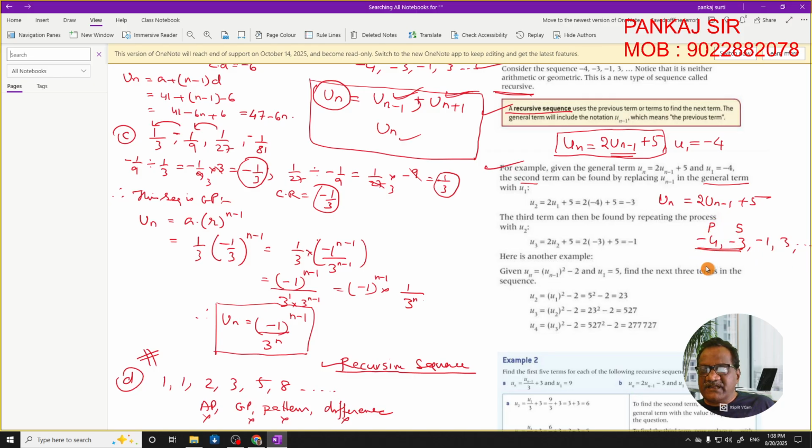So in general, this previous term is written as u1 and this is u2. Among u1 and u2, the previous term will be u1 and the successive term will be u2. Among u2 and u3, the previous term will be u2 and the successive term will be u3. So minus 3 becomes previous